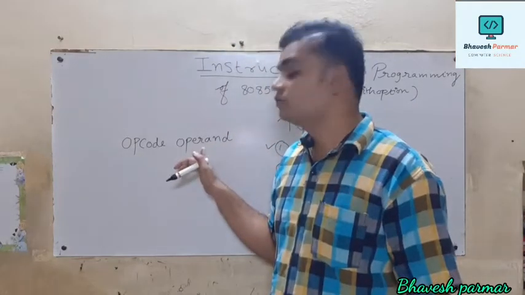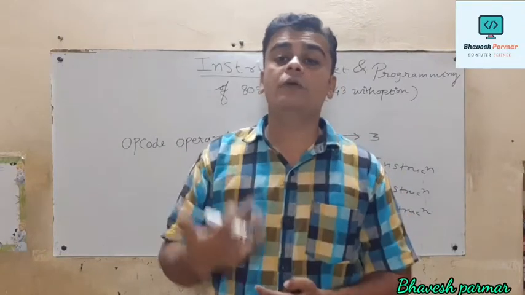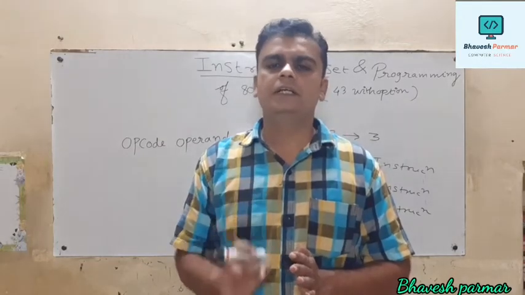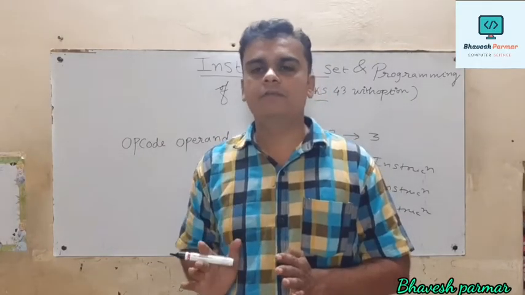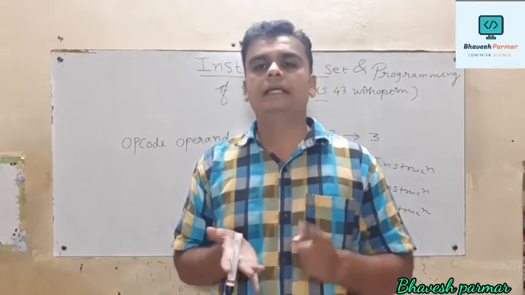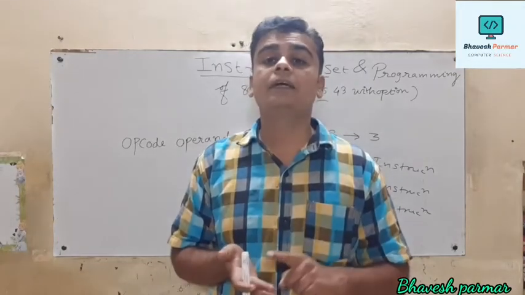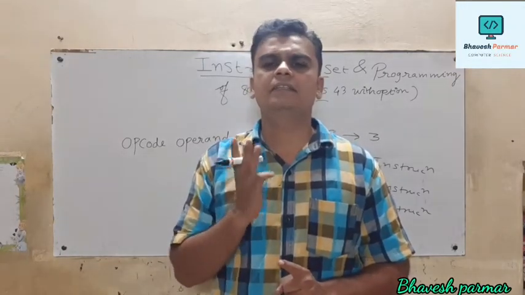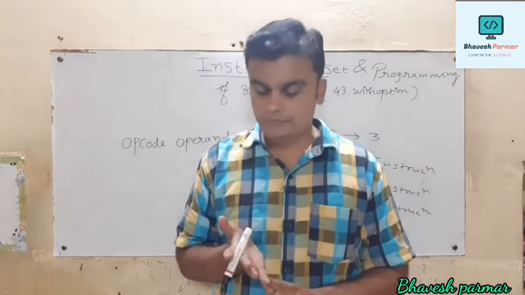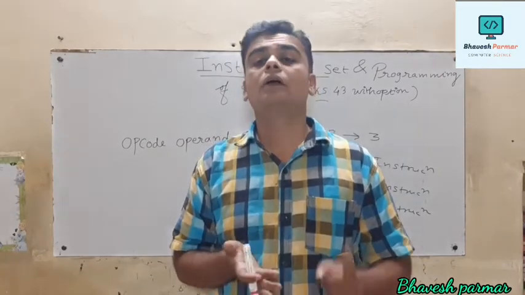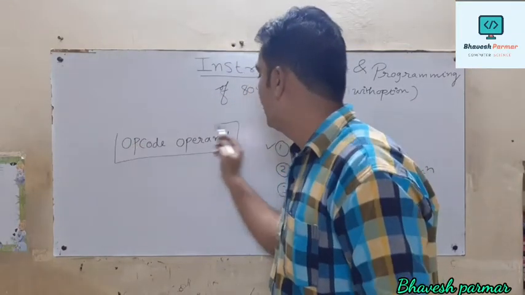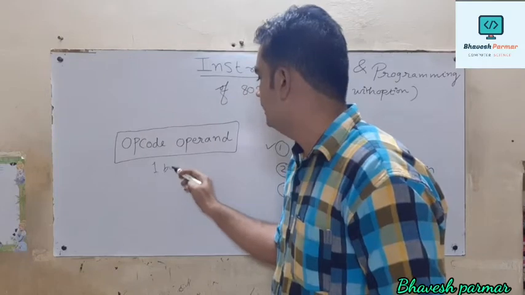The next thing is operand. Operand means that on which we are going to perform the operation. Generally in microprocessor 8085, operations may be carried out on data, on registers, or directly on an address. Is that clear? These are the three main possibilities. So we can perform an operation directly on data, on a register, or on a given address. Opcode and operand both are required to be stored in 1 byte of memory.